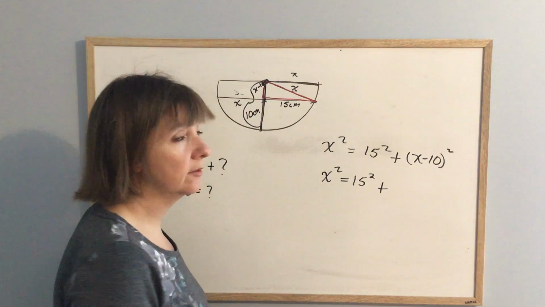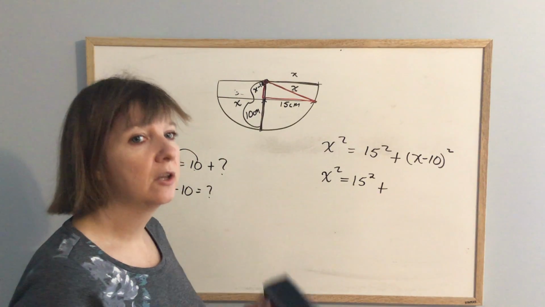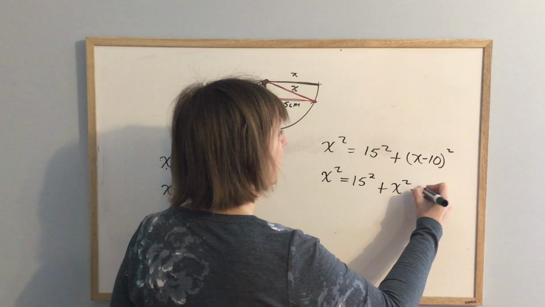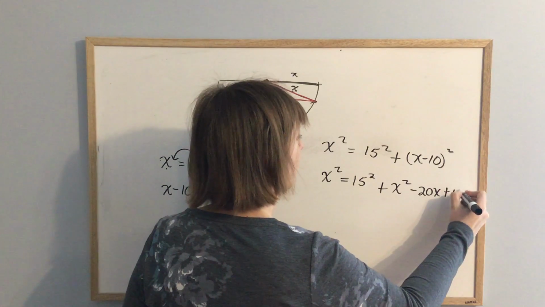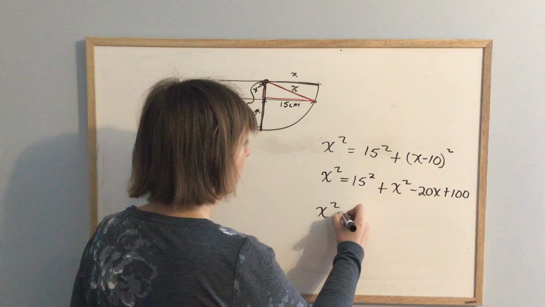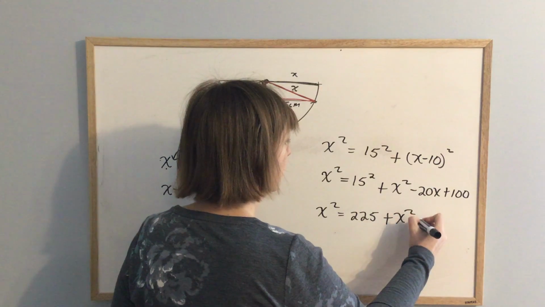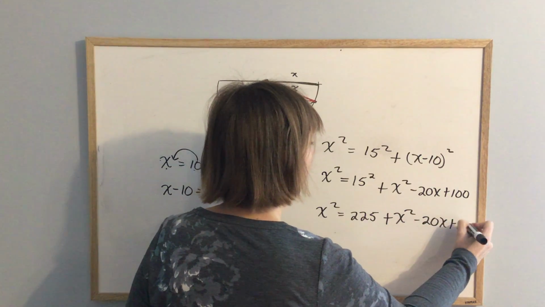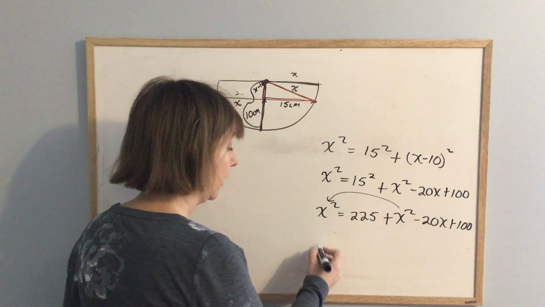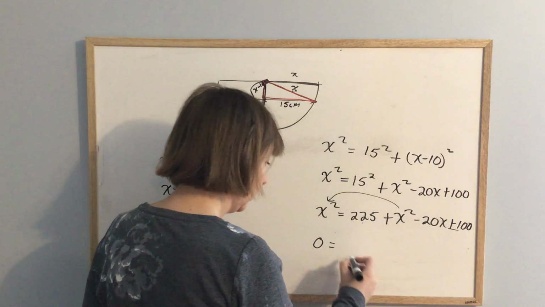plus, now don't just tell me that that is x squared plus 100. If it's x minus 10 squared, you have to do FOIL. So this is going to be x squared minus 20x plus 100. So this is going to be x squared is equal to 15 squared, which is 225, plus x squared minus 20x plus 100. So if I move this x squared over here, that's nothing. 225 plus 100 is 325